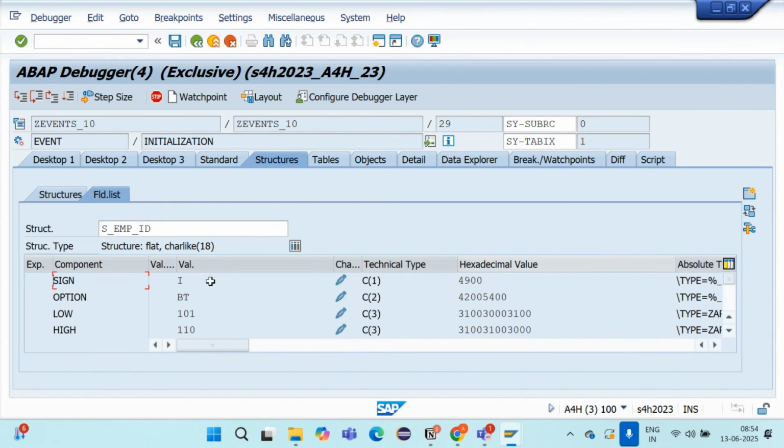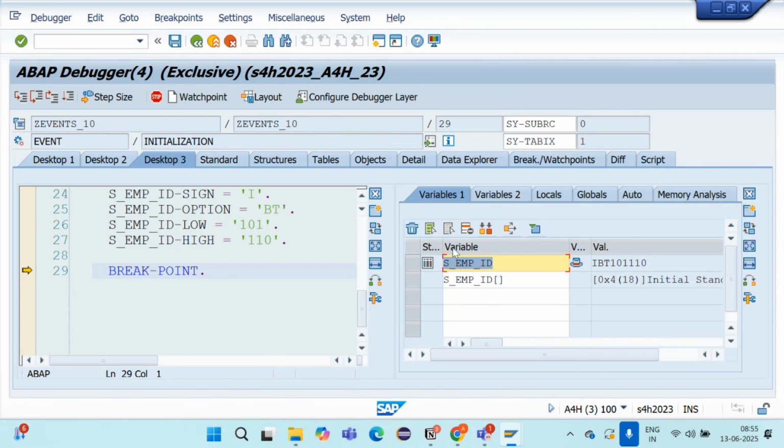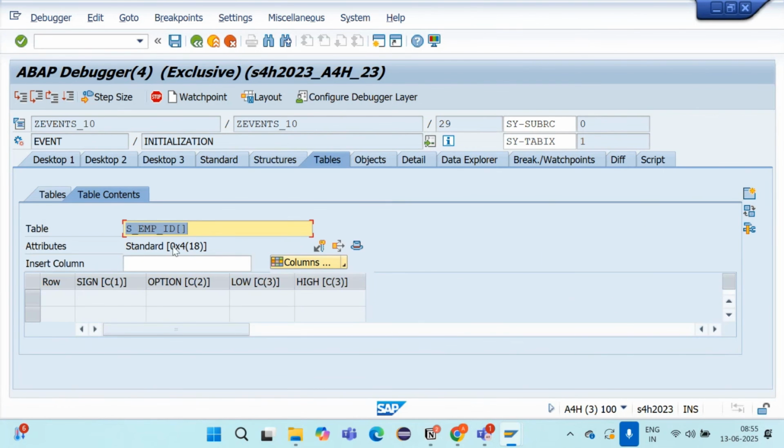If you check this, we are getting the value into the work area, the same value that we are sending. But are we getting the value in the internal table? Everyone, are we getting the value in the internal table of select option? Are we getting any value here?